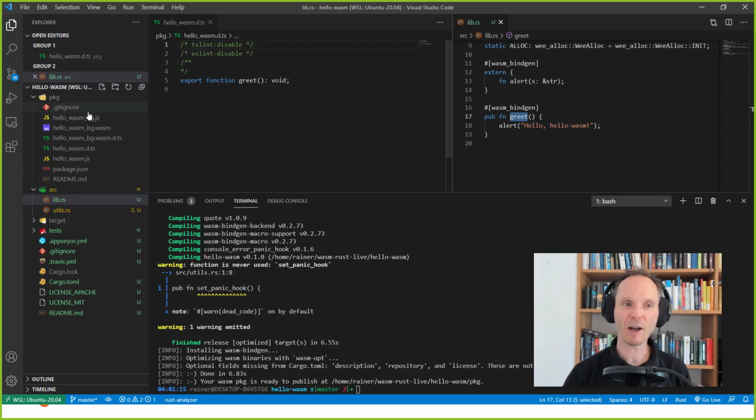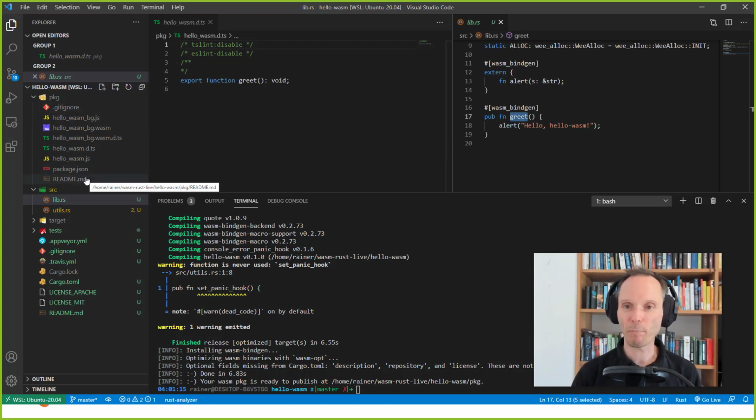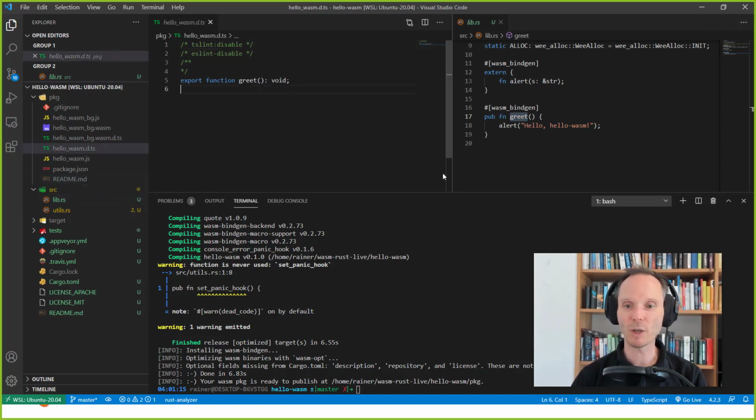So now we have a ready to consume package folder, which we can, on the one hand side, take and commit to, or upload to NPM if we would like to share it with our peers or with the world, or we can just leave it here and build a small website. And this website just references this package through a, let's say, local path. And this is exactly what we are going to do in a minute. But first,